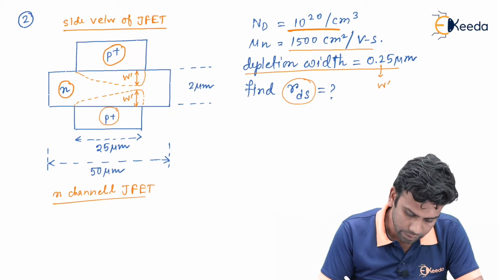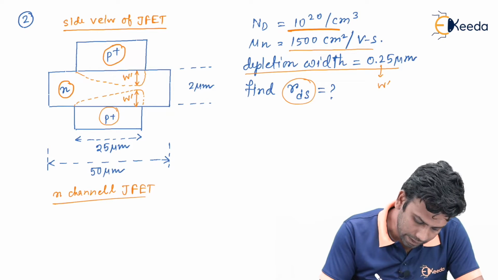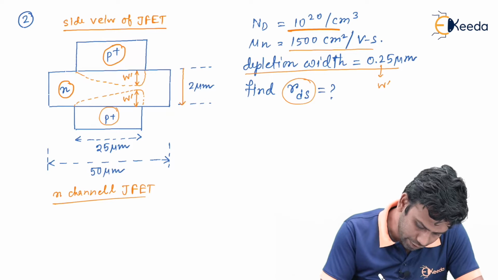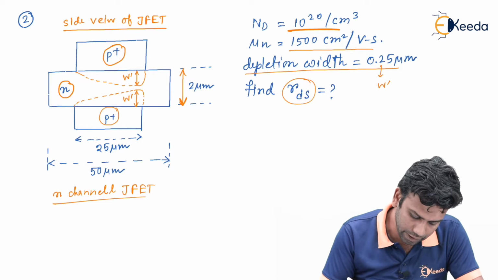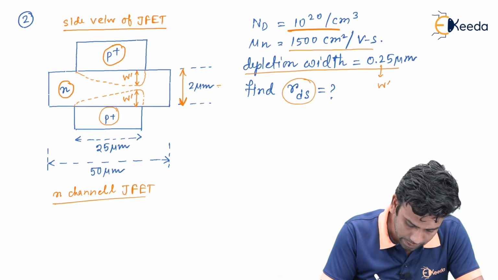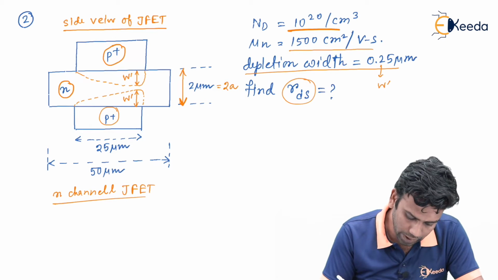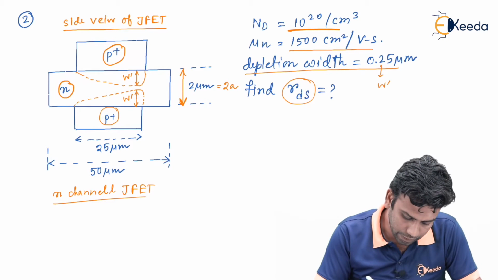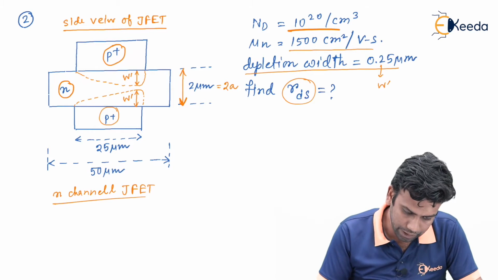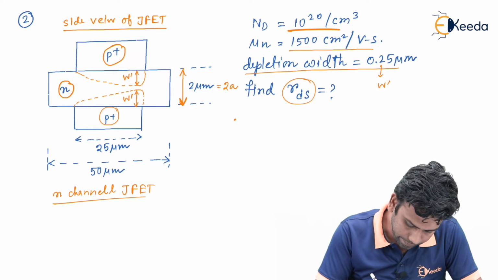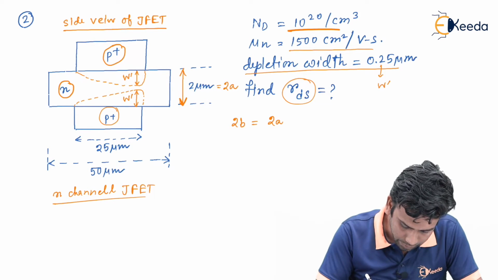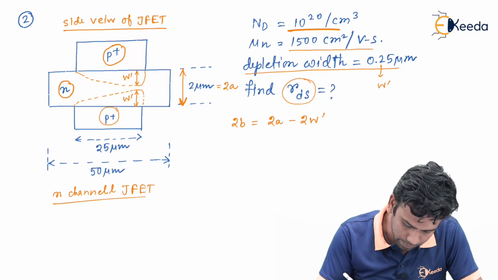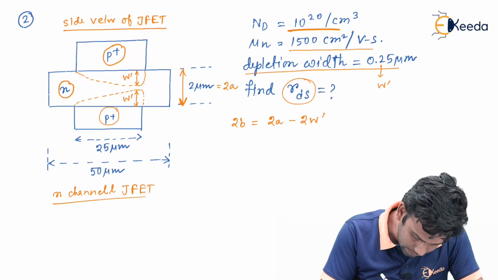So now we can say that this is the actual width of the channel before the depletion region has been formed. So we can say that this is nothing but 2A, and 2A is nothing but 2 micrometer. Now we can find the value of 2B, and this 2B is nothing but 2A minus 2W dash. So 2B is the depleted channel width